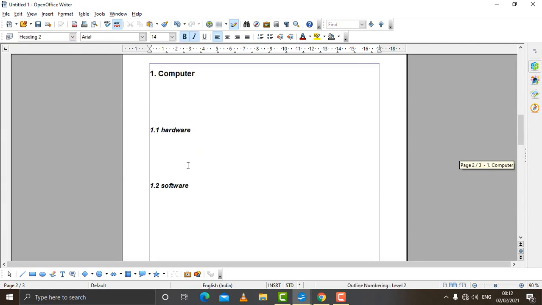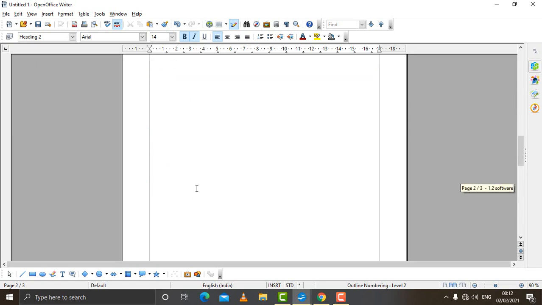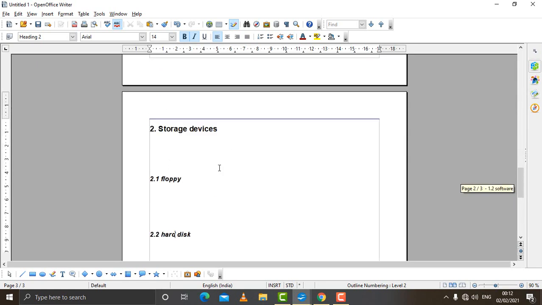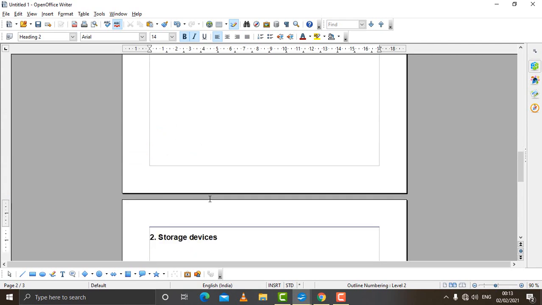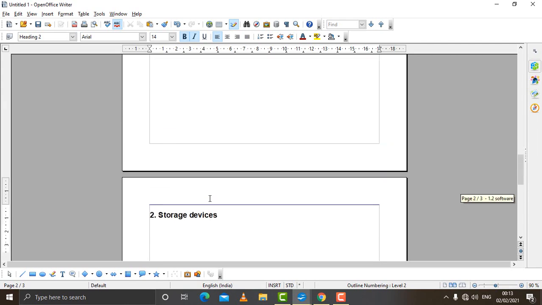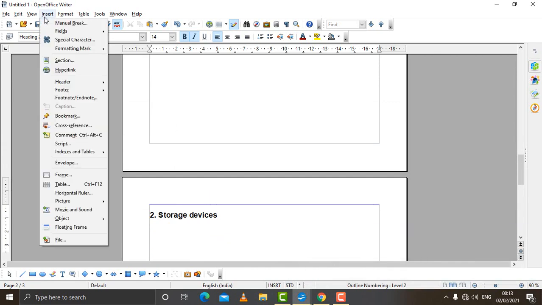See, this will be the way in which the document will be created. The very first thing we should have is a document and the proper order of headings. This is the proper order of headings. The blank spaces will contain the descriptions, so I'm not going to write descriptions now. It is just to explain how it will work. After typing the whole document, the next thing you have to do is click on Insert. From there you have to come to Indexes and Tables, and then click on Indexes and Tables.